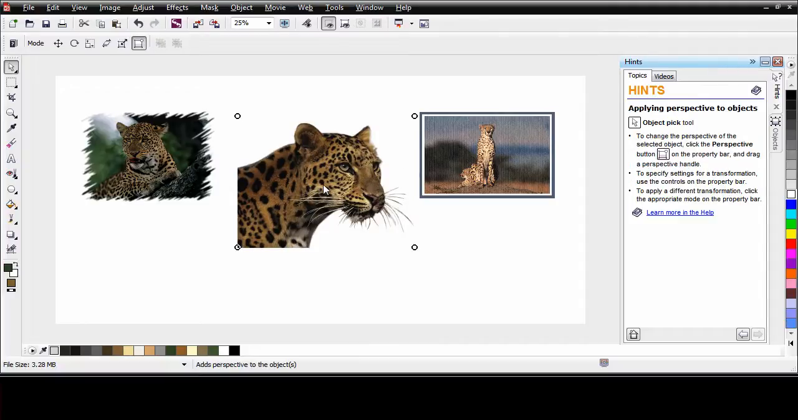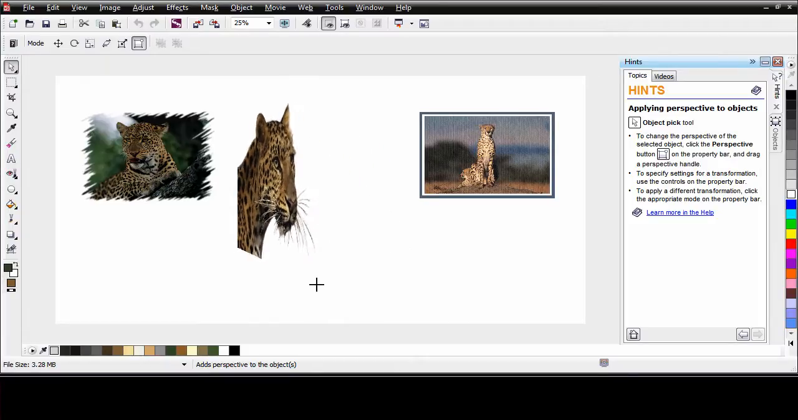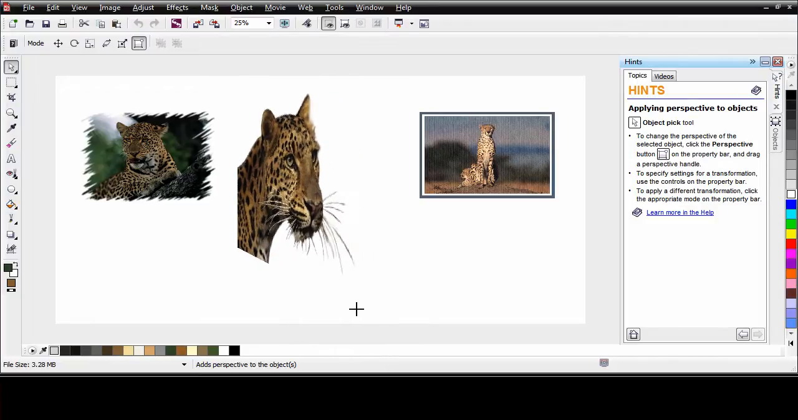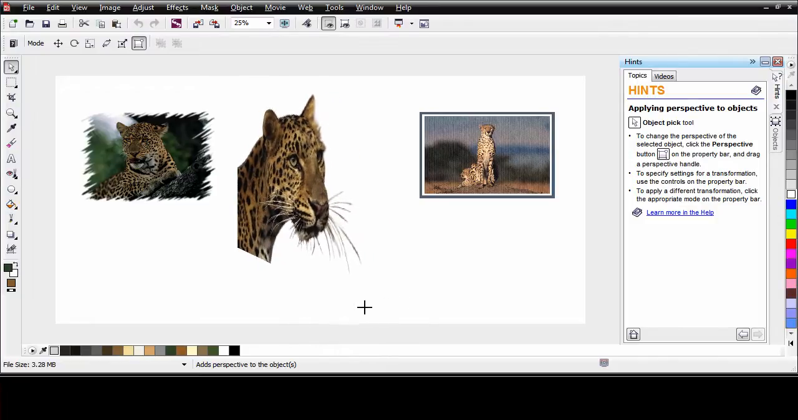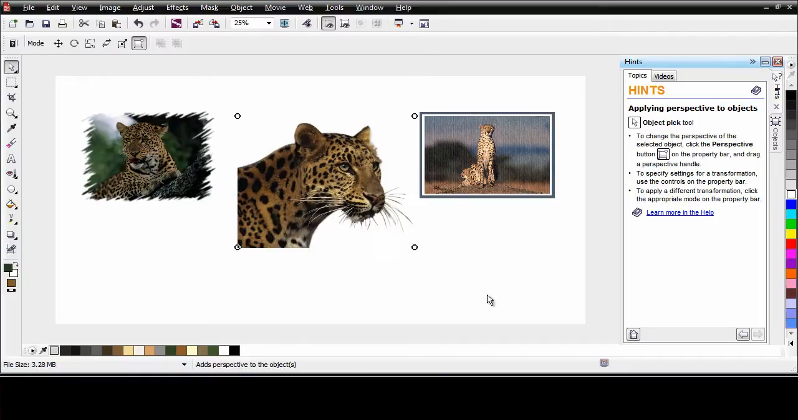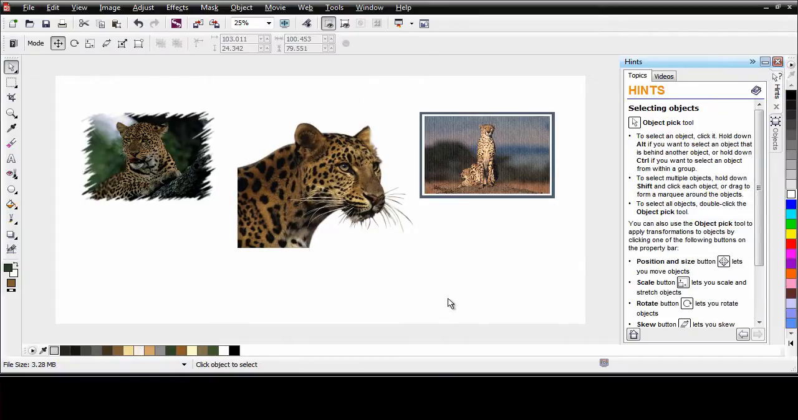If I click again, I bring up another set of handles, the perspective handles. As I click and drag, can you see that I get a real sense of perspective? It looks like I'm looking right at the front of the leopard and down his back. Right click and reset. Well, for this next effect, we're going to have a quick look at the Object Manager